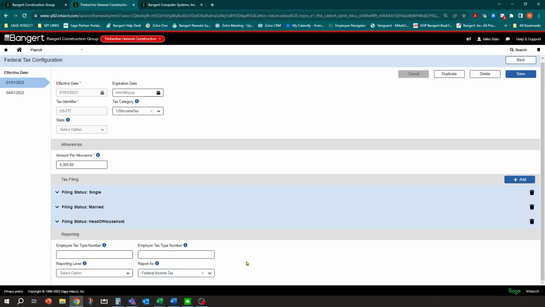Now, for the most part, the taxes come already set up with all this, so you shouldn't have to set anything up, but I would definitely recommend at least reviewing it to make sure it is there and someone hasn't accidentally changed it. But down in here, if you go into federal income tax, use these little informational buttons because it'll kind of give you an idea of what you need to do there. So for example, employee tax type number, it's going to give you examples of what should go here and what is it for? It's for the Atrix module. And we're going to go into that in a second.